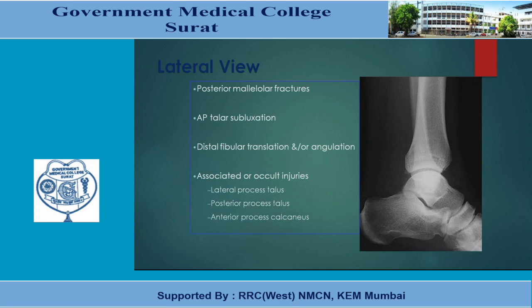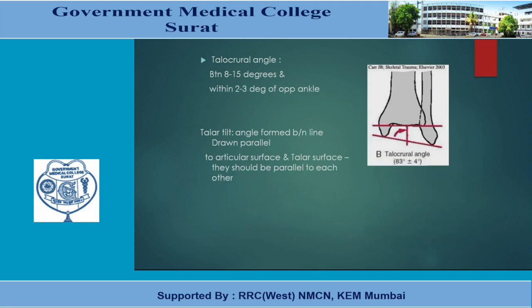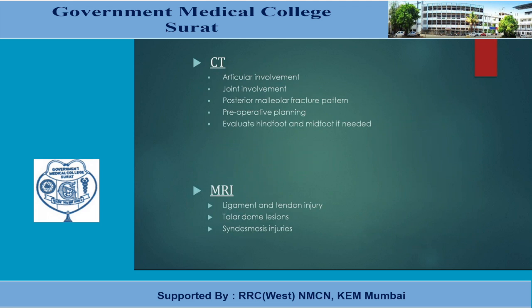This is a posterior malleoli view. In this, we can see the posterior malleoli. This is a fluoroscopy angle, not useful. CT scan is useful for the posterior malleolar fracture because the posterior malleolus is situated behind the ankle. Okay, so it is not seen on anterior posterior view because it is hidden by the anterior structure. So CT scan is important. MRI is used for ligament and tendon injury and syndesmotic injury.